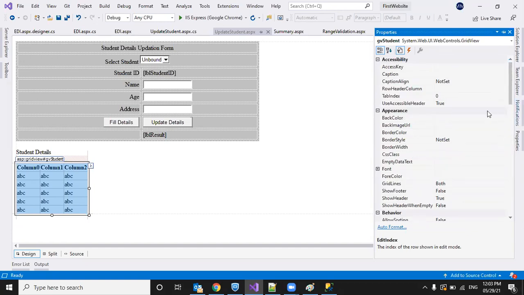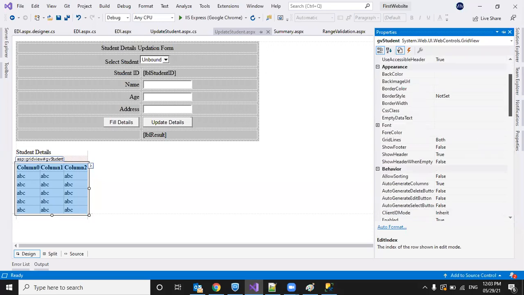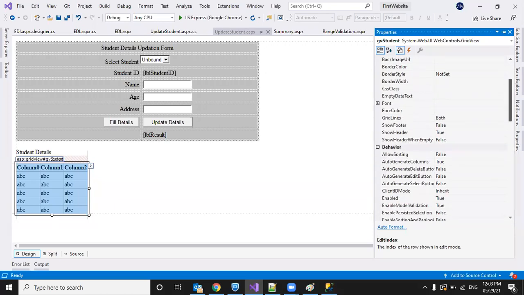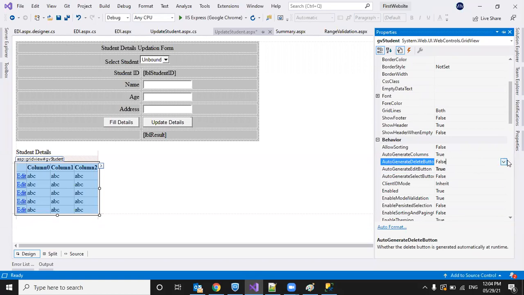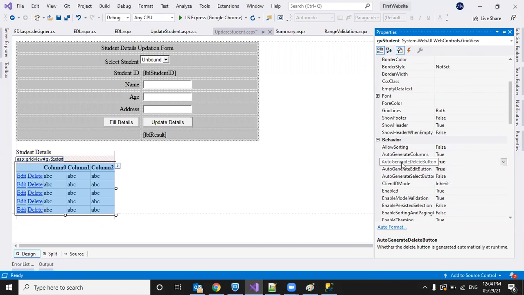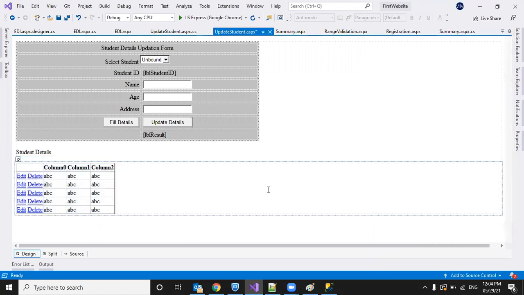Where is the command button? Show footer, show header, allow sorting, auto generate. Yeah, auto generate edit button. So I just want to use the auto generated edit button, and I want to use the auto generated delete button. But I'll write code to edit and delete.